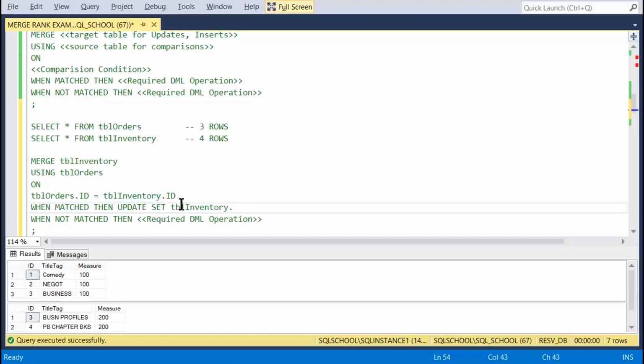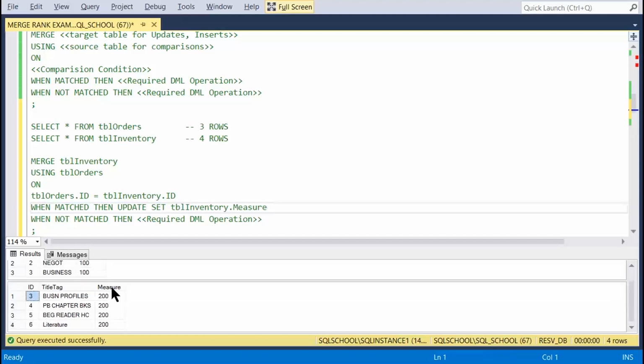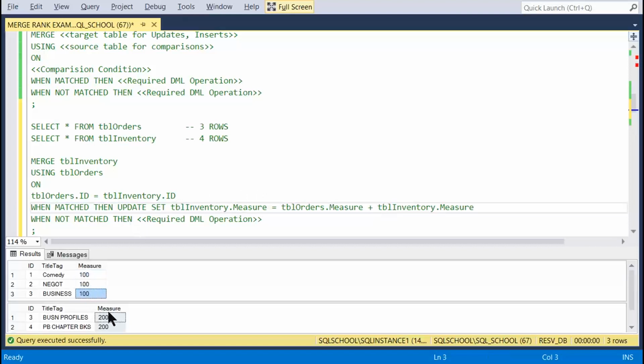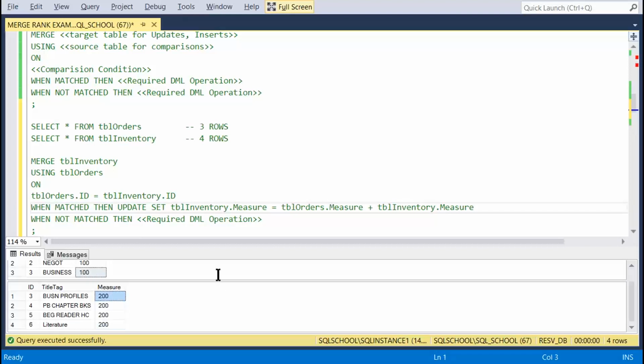inventory dot measure. This measure column is there, right? It's a column, measure column is equal to, we need to have orders dot measure plus inventory dot measure, a equal to a plus b, something like that. So 100 plus 200, 300 value should be in this way. Not matched, what you would like to do? Then insert